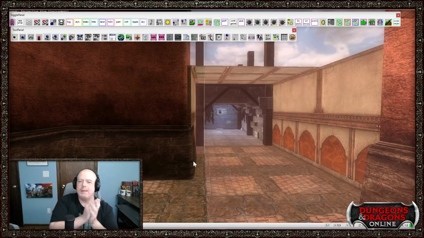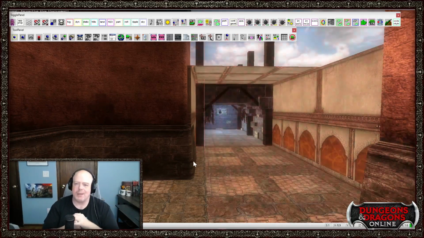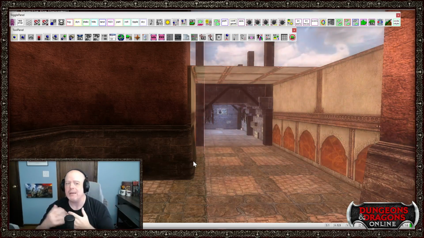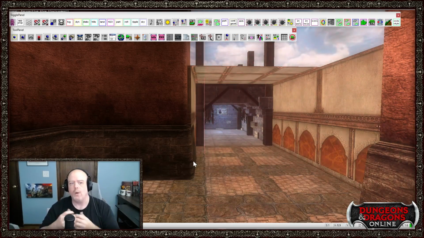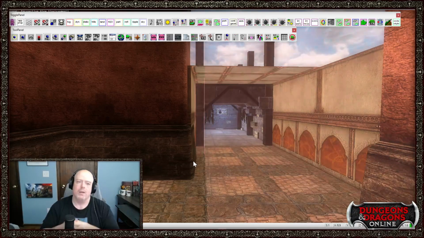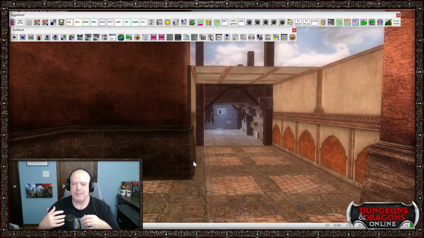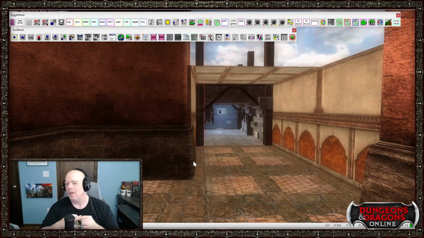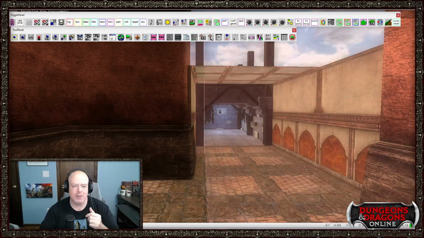Now, when I'm building this, I have to think of a number of different things. Amongst them: what are the encounters that I know I'm going to need to build a space for? Are there any design challenges or challenging areas I'm going to need to build? Going back to my original concept of this, I know that I need an angled ramp stairway section. It's going to be important because of all of the art that we have, I can even go back to